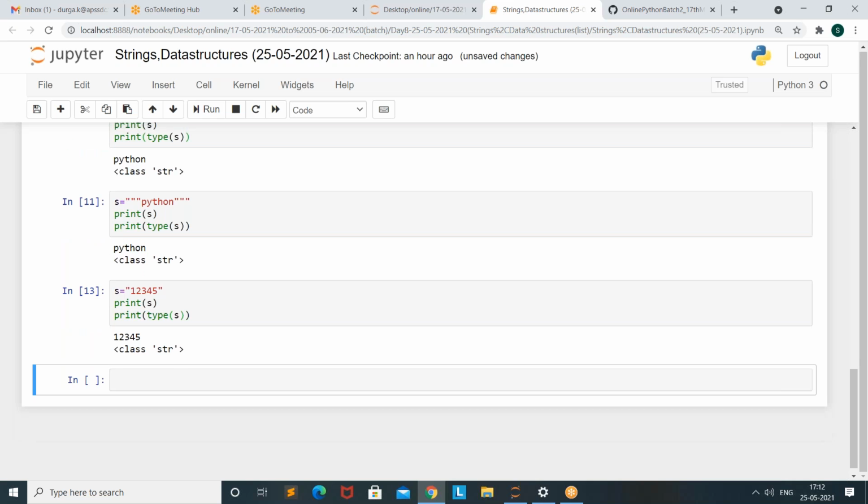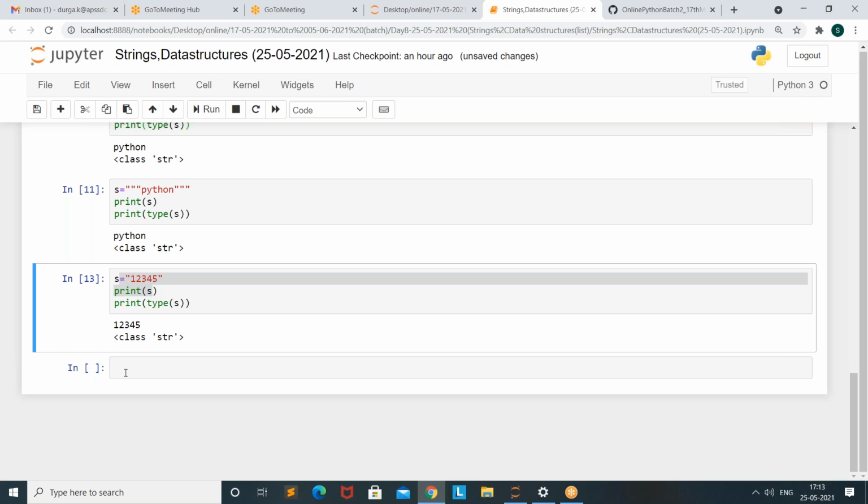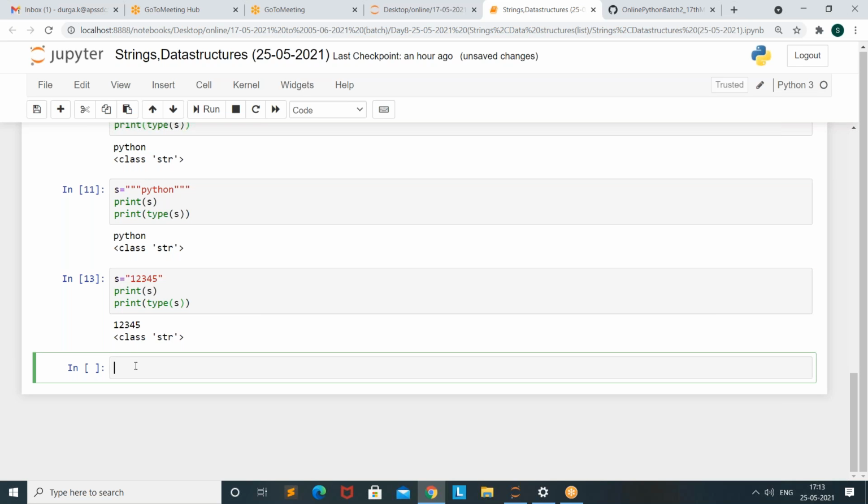So we can give numbers and alphabets. So can we concatenate a string with another string? Yes, ma'am. You can. You cannot concatenate an integer with a string, right?